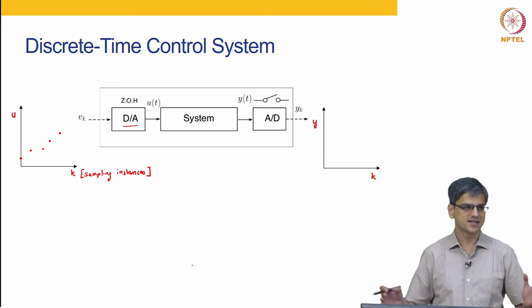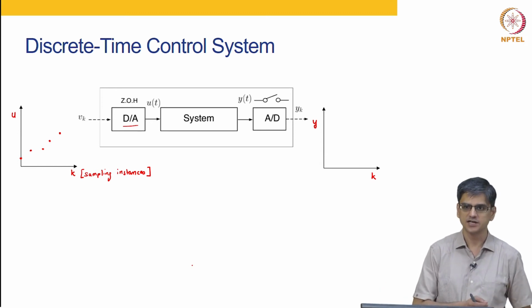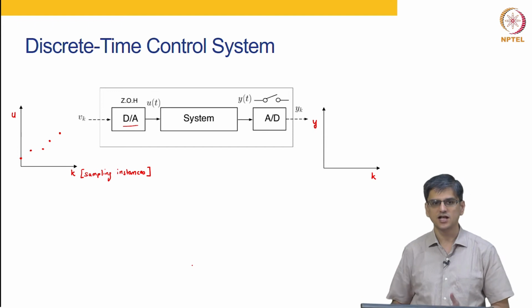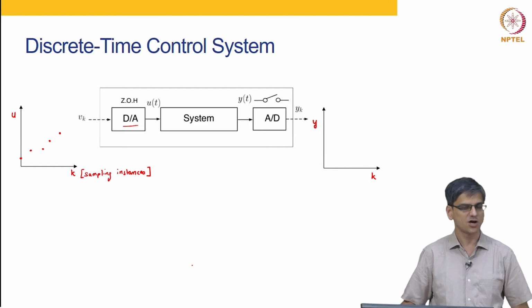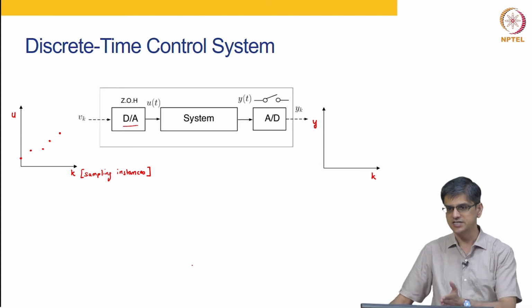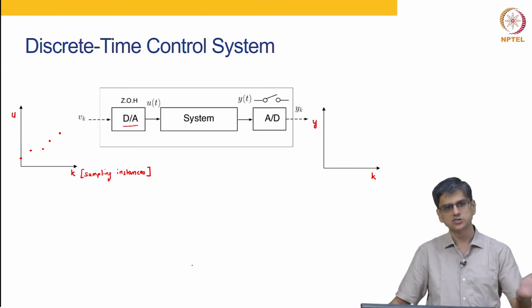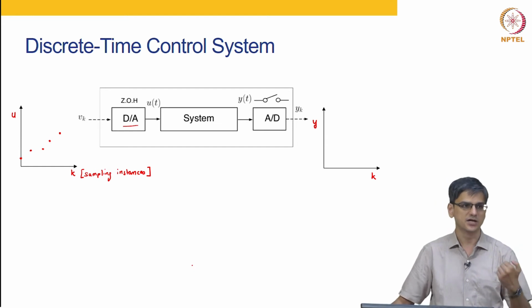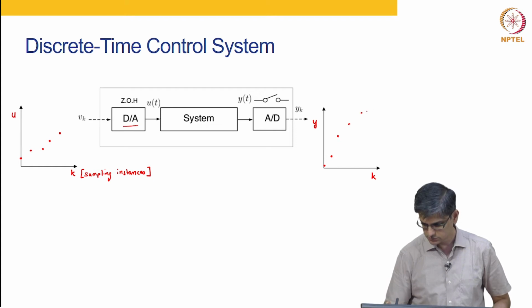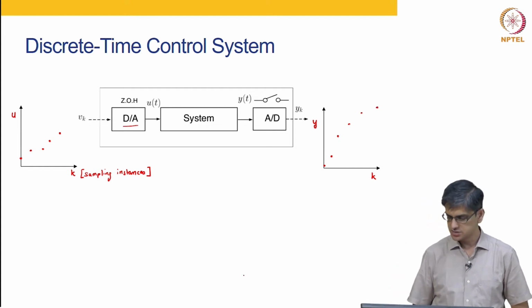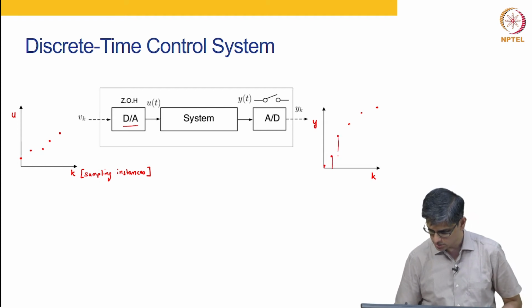Now, your system, for example, yesterday we talked about a stirred tank heater. The system itself is an analog system. There is nothing digital about the system. How do we get digital into it? Because our input moves are implemented at discrete time steps, our outputs from the system are sampled at discrete time steps. So, again same thing. Now, when we talk about y, you will again have this output.